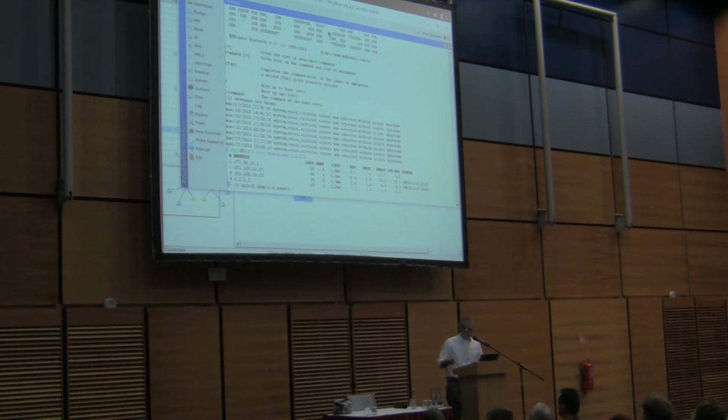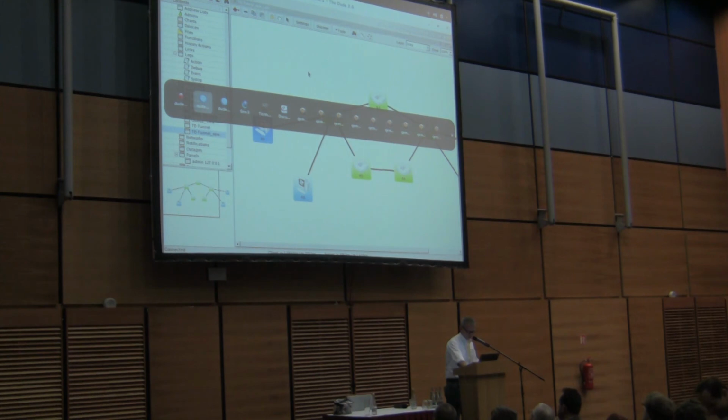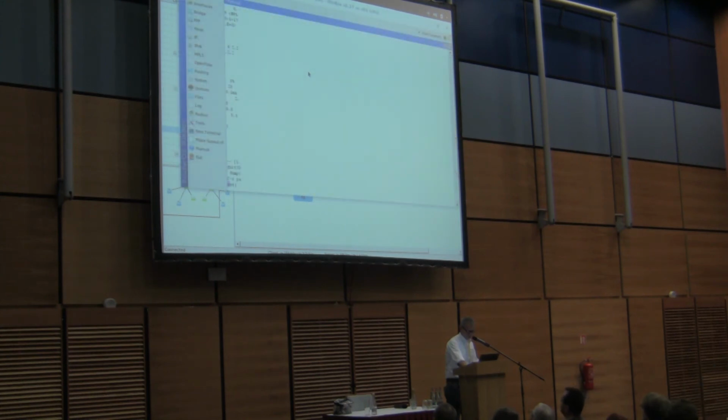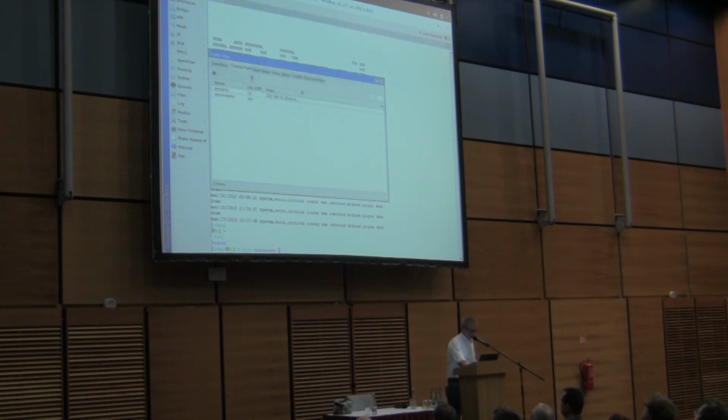So you see that we have 3 hops here, in fact 4 hops, to go to the end of the tunnel, okay? And then I didn't show you the limitations. The limitations are established here.